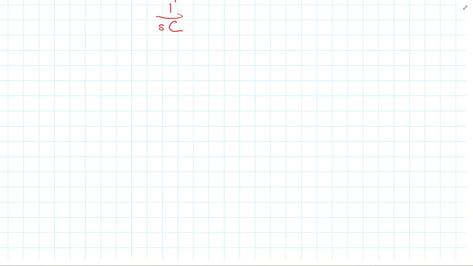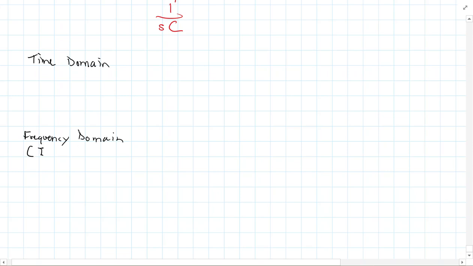Okay, so we're ready to again move on here, but just to review and make sure we understand where we're at, the kind of result we have, let's look at the time domain and then the frequency domain. I'm going to make one exception here, that the initial conditions are all 0. So the time domain here, remember we have